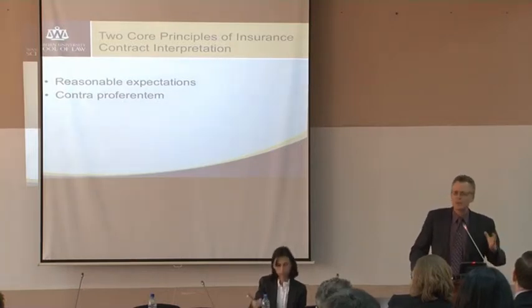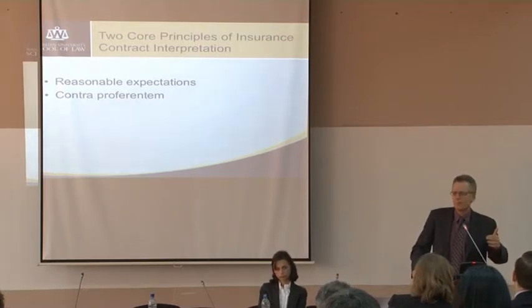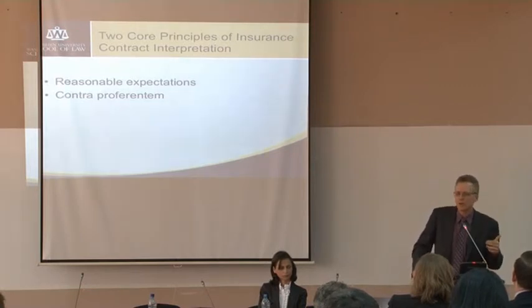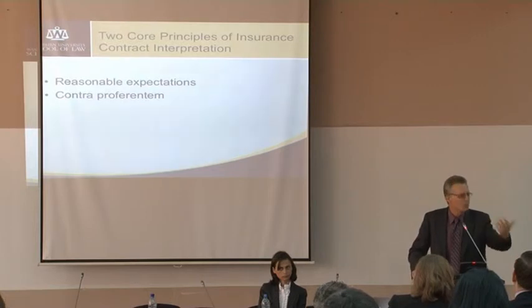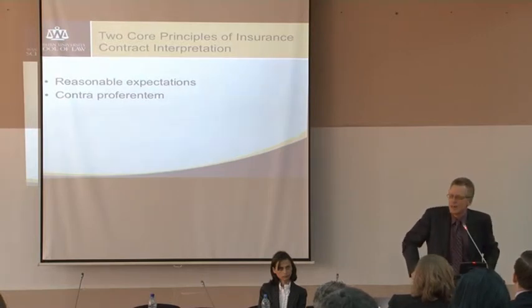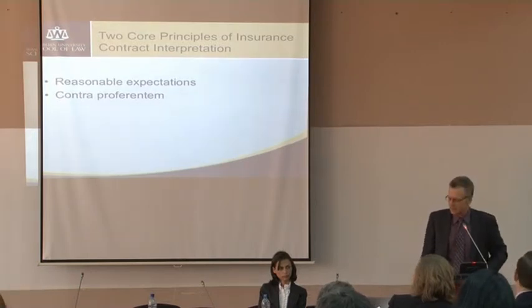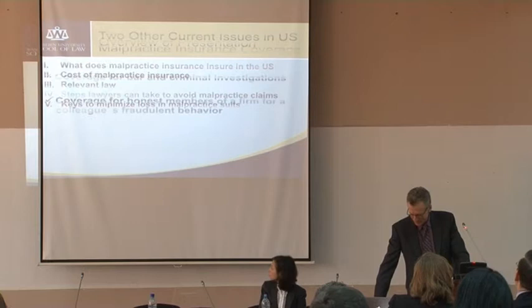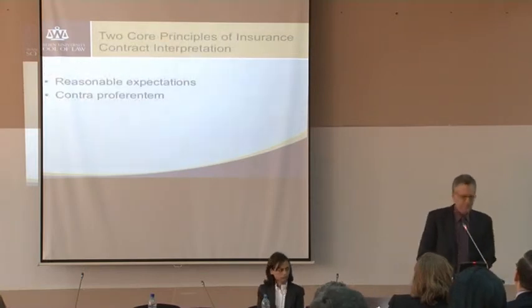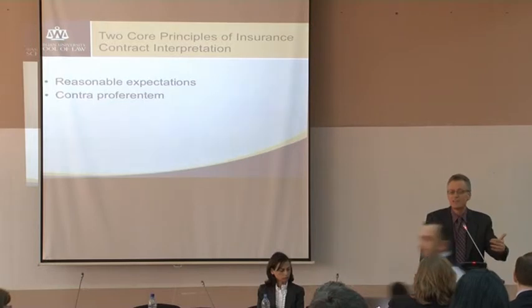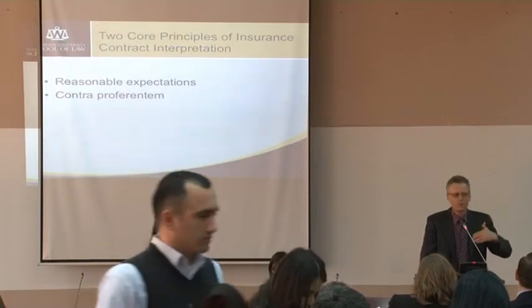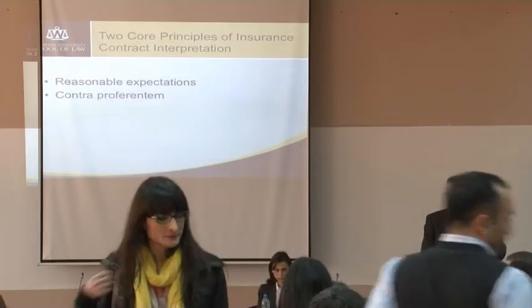The other phrase, contra proferentum, is a core principle of all of American contract law: contracts are interpreted against the party who wrote the contract. So against the one who proffered it, that's the basis of the Latin phrase. And so what this means, from the perspective of a lawyer, is, oops, I went too fast there, I apologize. What it means is that if the contract is ambiguous, the court is going to choose the interpretation that favors the lawyer who did not participate in writing the contract.